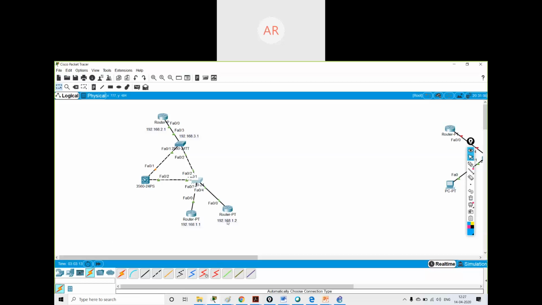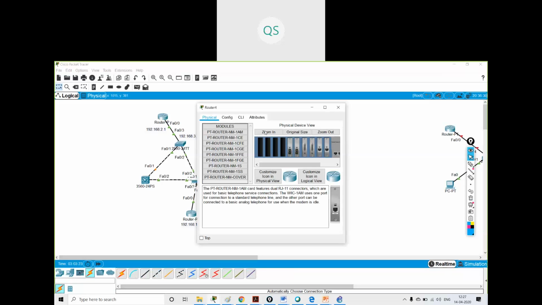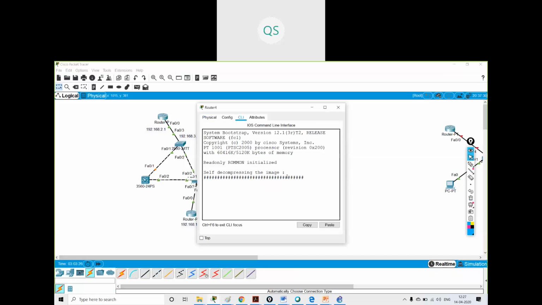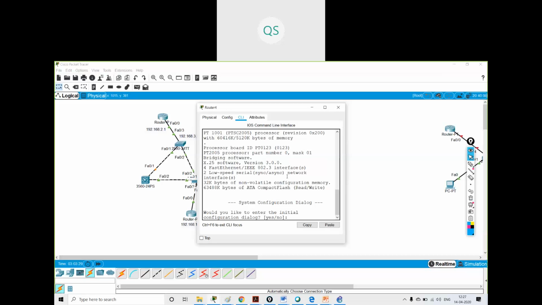When you are connecting a router to a switch, suppose I am connecting another router over here. Let us check. I'm connecting another router over here, and let us consider this is the ISP's router. Let us connect.